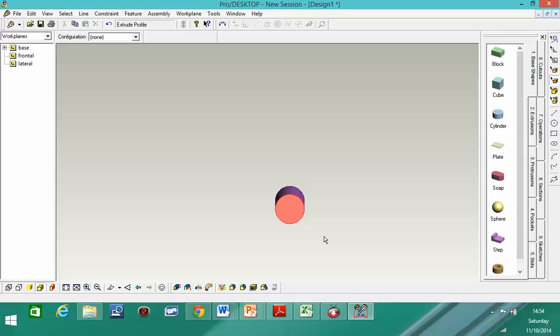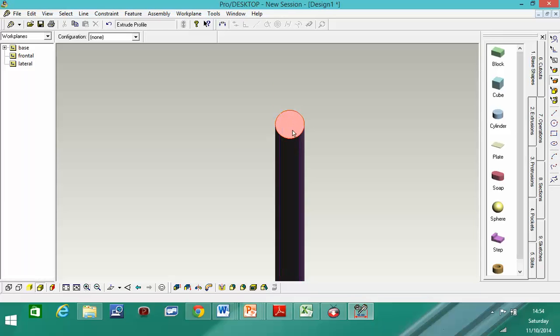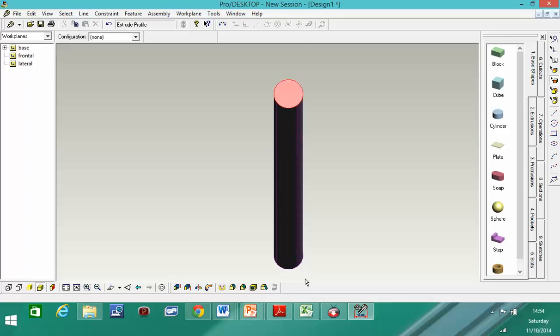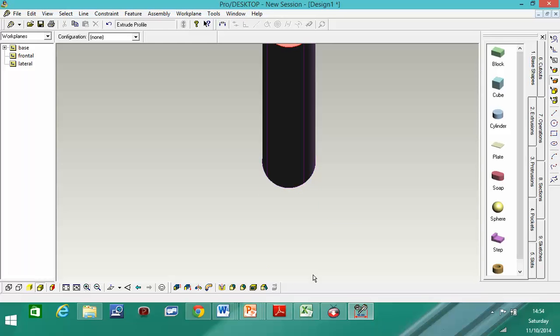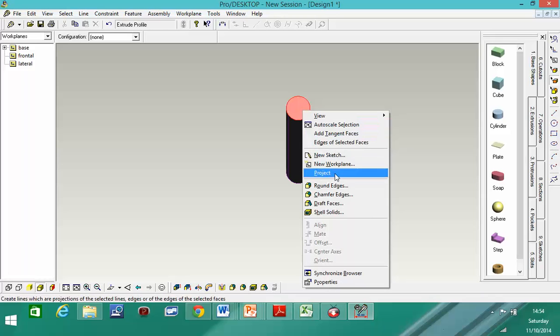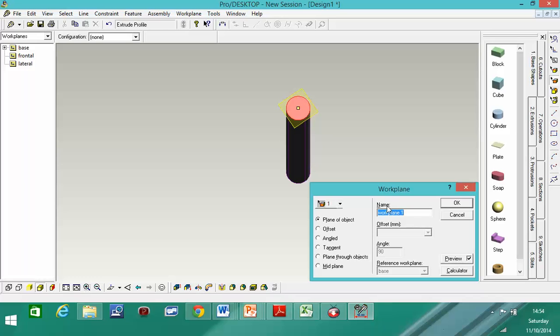Okay, something very important to notice here is if you select this and ask Prodesktop to help us draw on the top of this cylinder, nothing will happen. Prodesktop will just understand it as you're asking it to help you design something in the base. Okay, I will let you try it and it will not work. So what you'll have to do is to select the top face like this and right click and create a new work plane. You have to have a work plane created